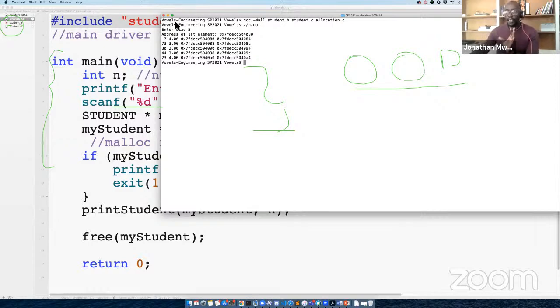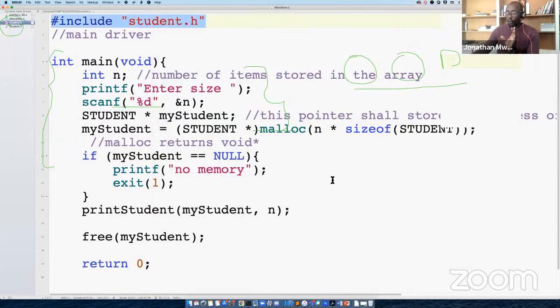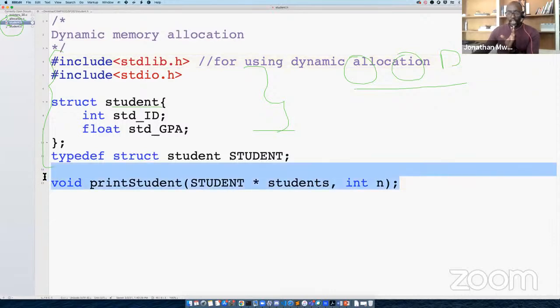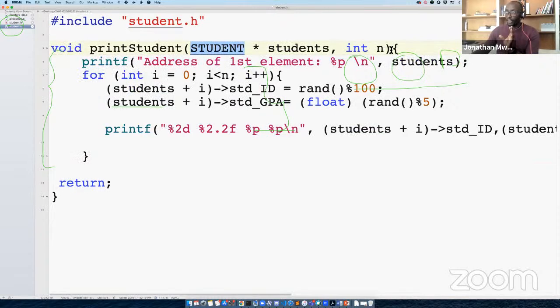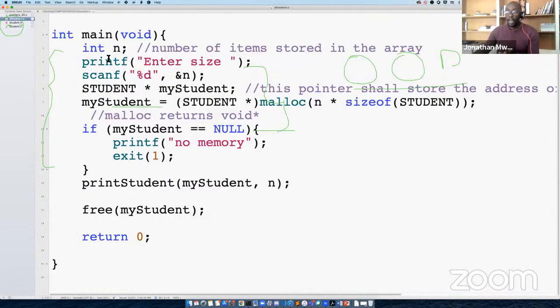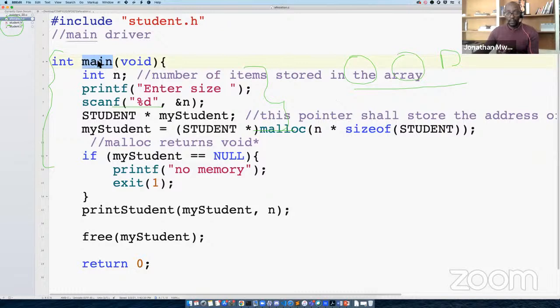So function declarations or prototypes go into the .h files, and the function definitions, or implementation of the functions, go in a different file on their own, and that's a .c file. And then we can have one file which has the main function, and whatever that file does is just call all the other stuff and bring everything to light. Do you see that? So now we are using multiple files to do our programming.